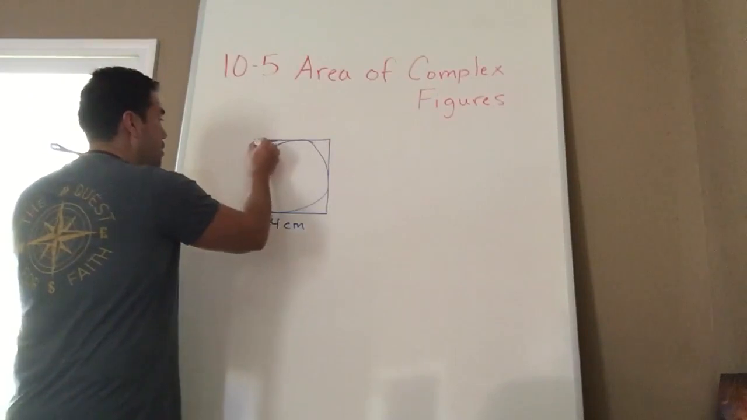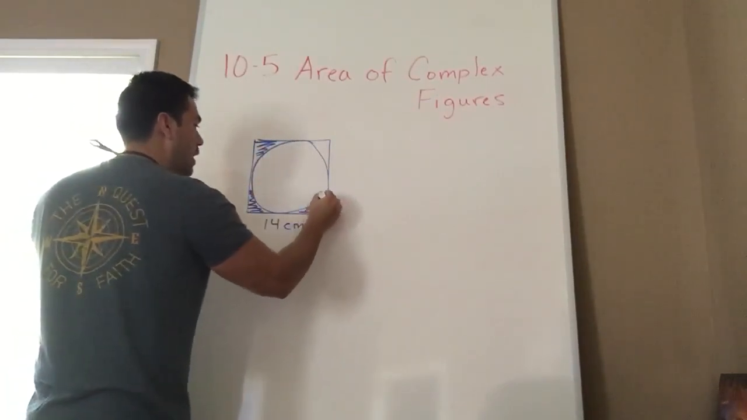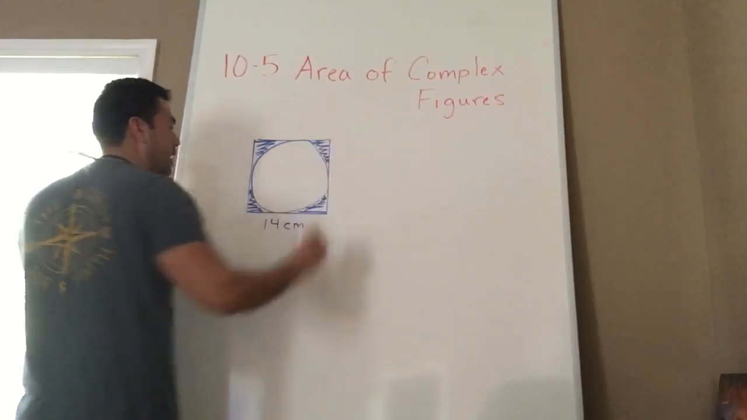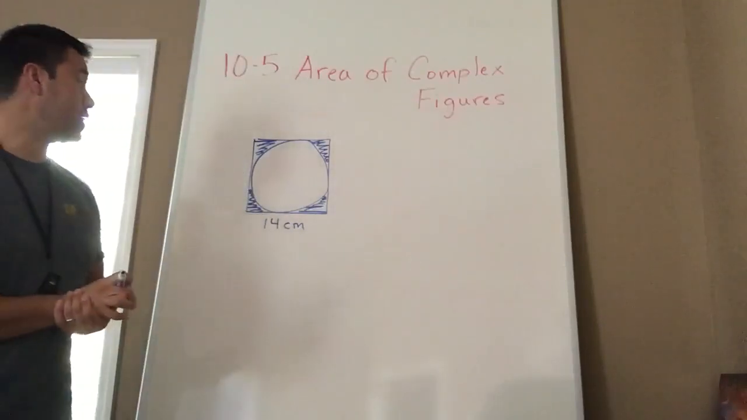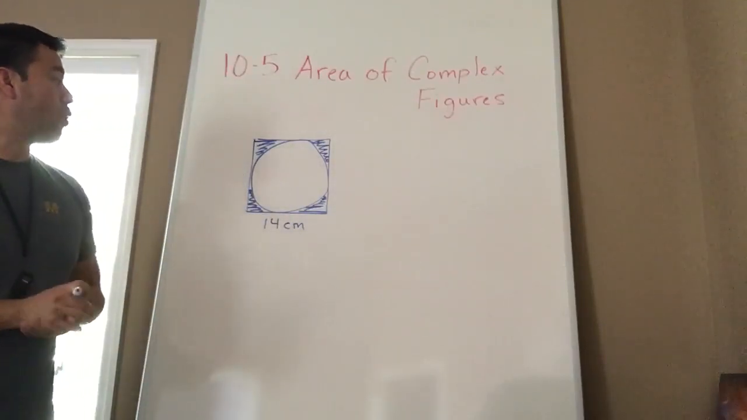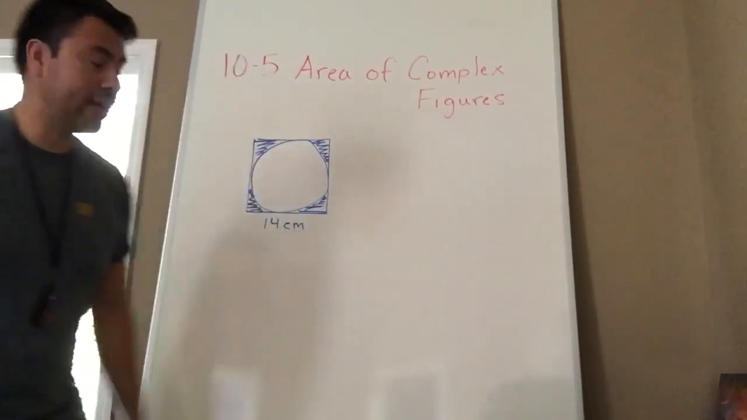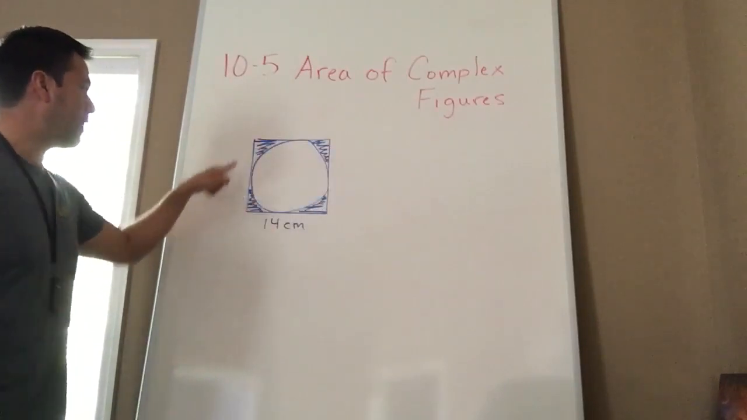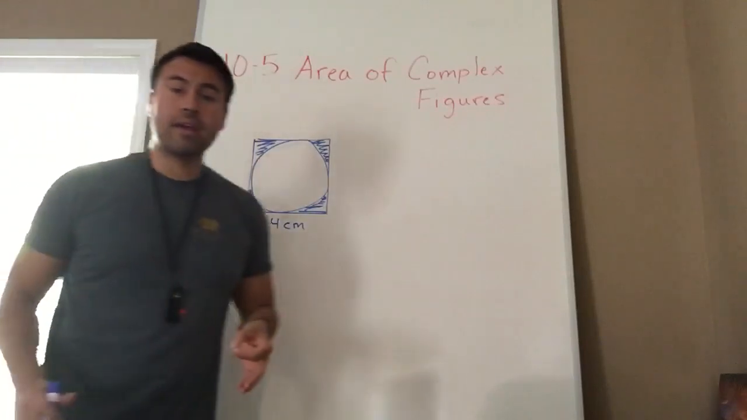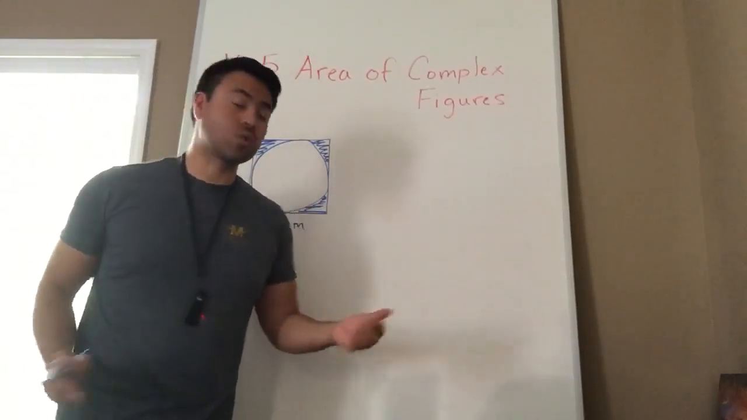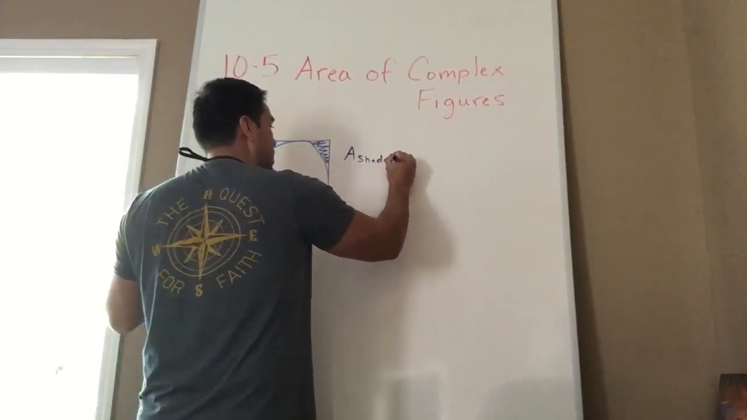And the shaded part is everything but the circle. Everything but the circle. Okay? So they want you to find the area of the shaded portion here. On this one, I think it says it is a square. So this is a square, and then obviously inside it's a circle. So I want to find the area of the square, and then I want to subtract the area of the circle. So the area of the shaded part, this is what I'm trying to find,